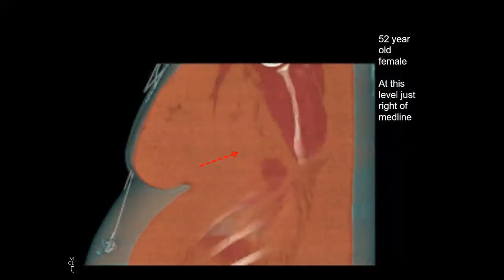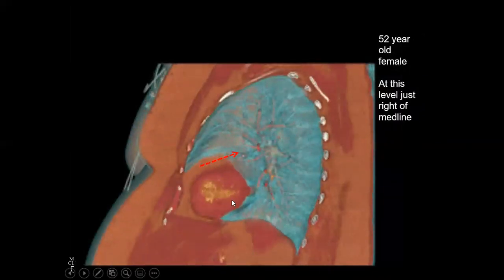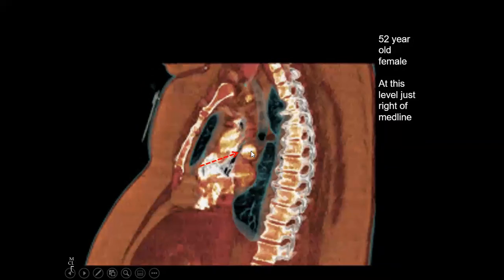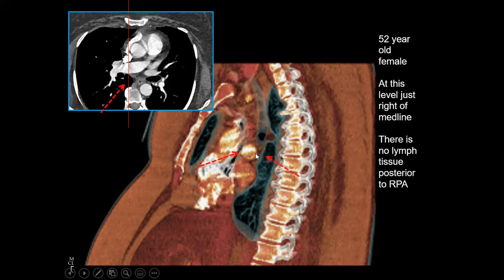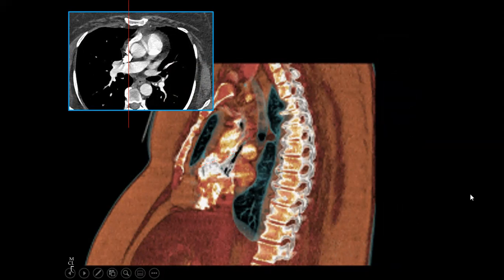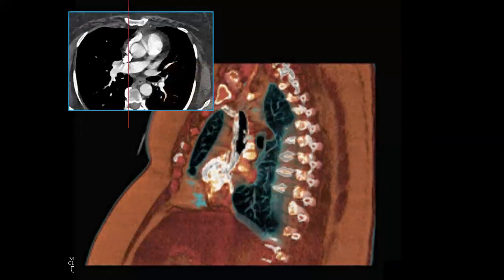So we're going to go to a level just right of midline. Here we are scrolling from the left. Here's this patient's heart, ascending aorta, and right here, we're at about this level. We have the right pulmonary artery, right there. There's no lymph tissue posterior to the right pulmonary artery. Now we're going to go a little bit further to the right of midline. The right pulmonary artery hasn't bifurcated yet. If we go out a little further to the right of midline,